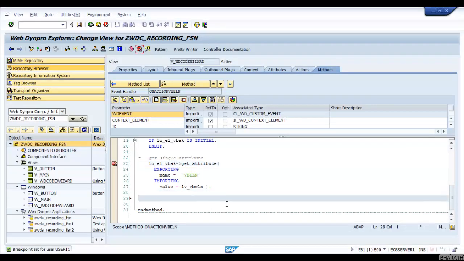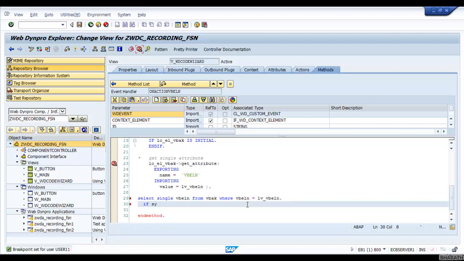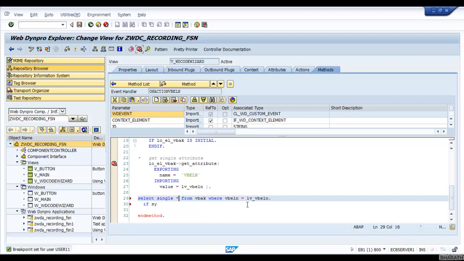Since I have the value, I will write select single VBLN from VBAK where VBLN equal to LV_VBLN. Then select single star into ls_VBAK. Before that, do the data declaration: ls_VBAK type VBAK.